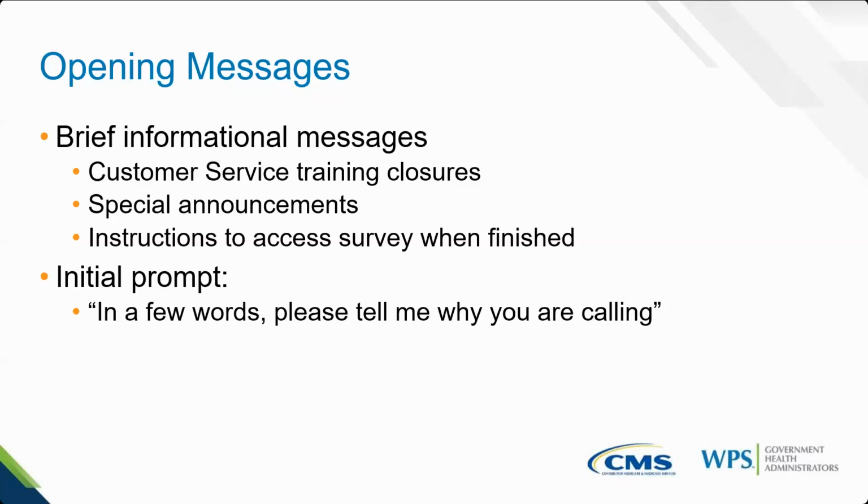So then at this point, the system is going to ask you to speak or enter your NPI, PTAN, and the last 5 digits of your tax identification number. If you'll be using your keypad, this is where the conversion tools or chart will really come in handy. Some of your PTANs might contain letters and numbers. I'm thinking of different provider types that have a combination of letters and numbers. And then after you've authenticated with those items and the system verifies that that combination that you've entered goes together,